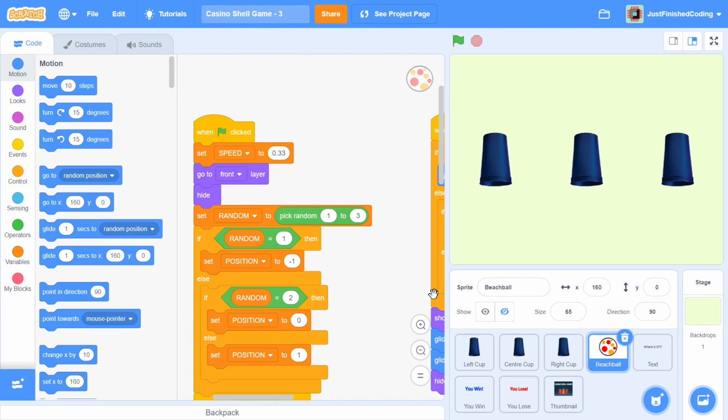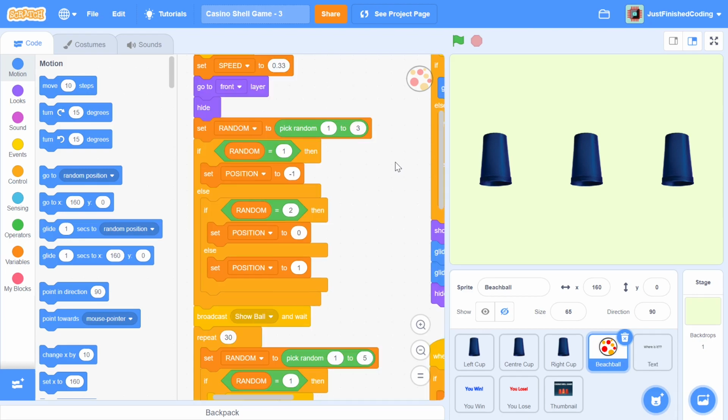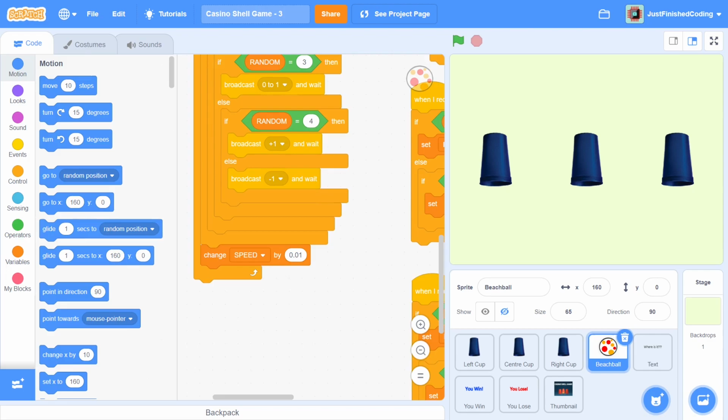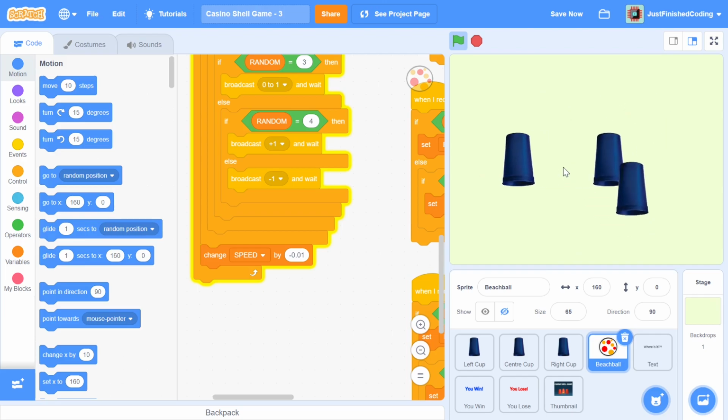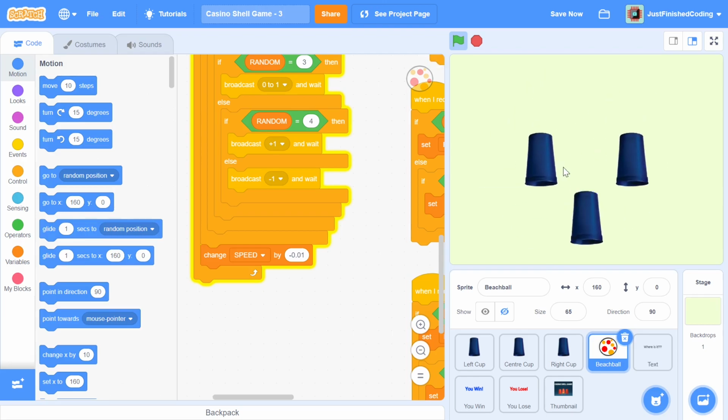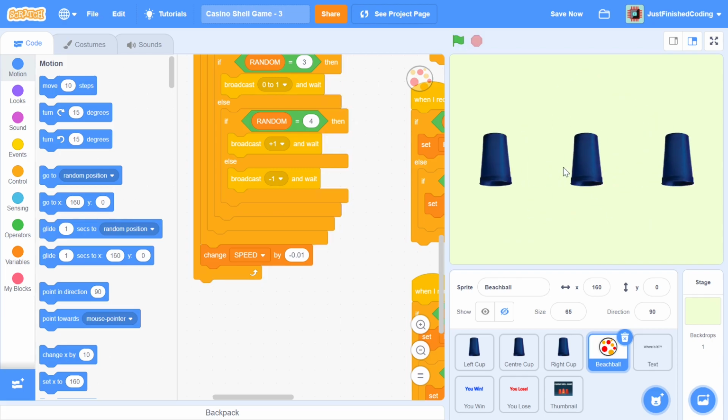If you're still here, I'm going to assume that you've watched parts 1 and 2, in which case let's continue with our code. So the first thing I'm going to do is fix an error which I made in the last video, within the beach ball sprite. Instead of decreasing the speed continuously to make the cups shuffle faster, I increased it, which made the cups shuffle slower, exactly the opposite of what I was supposed to do. So you can just change that 0.01 to negative 0.01, and that should make your cups slowly get faster each time. You can see that visible impact, and eventually it's going to get so fast that it's pretty hard to keep track of, and that's the entire point of the game. We wouldn't want the player to win so easily, otherwise it defeats the whole purpose.